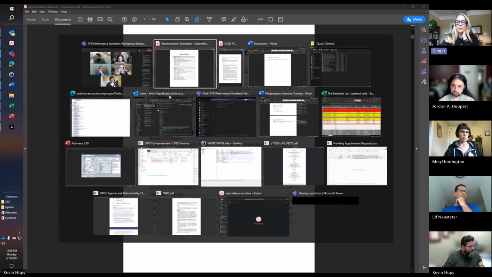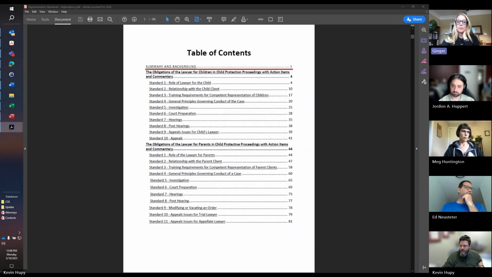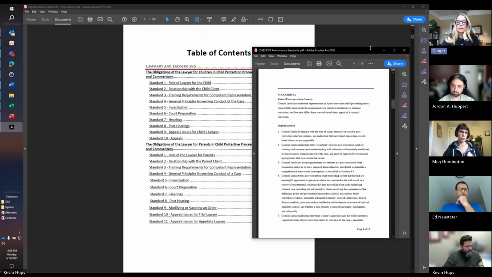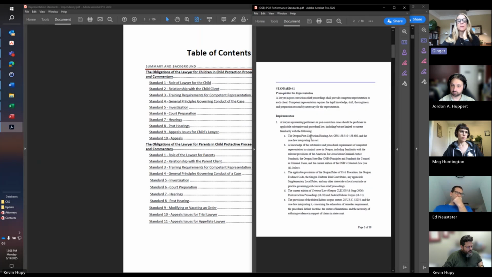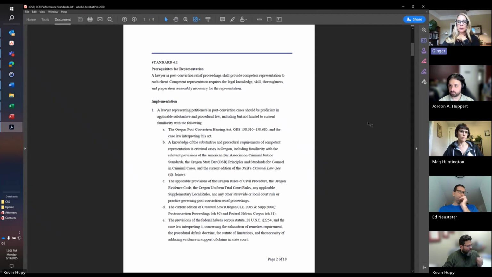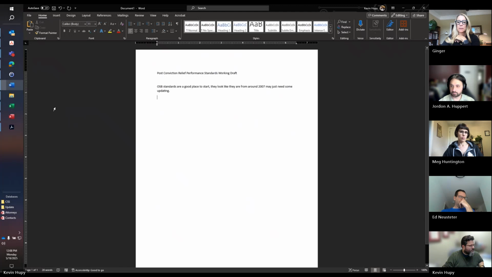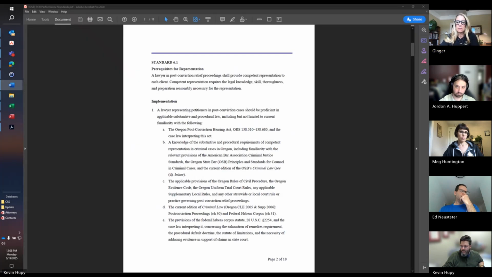I don't mind the OSB structure. I guess in terms of the standard 6.1, the implementation, I think that we could maybe name it something other than implementation. And I think maybe there's some categories that we could break out. But overall, it seems like a good place to start. Okay. So talk to me more about what you mean by breaking out. I mean, talk to me more about that structure that you envision. Well, I'm just thinking,